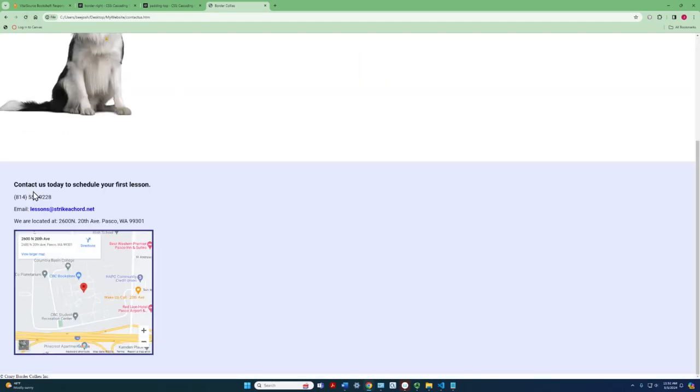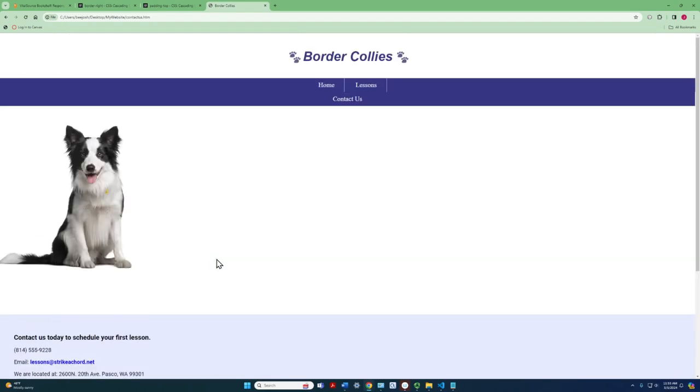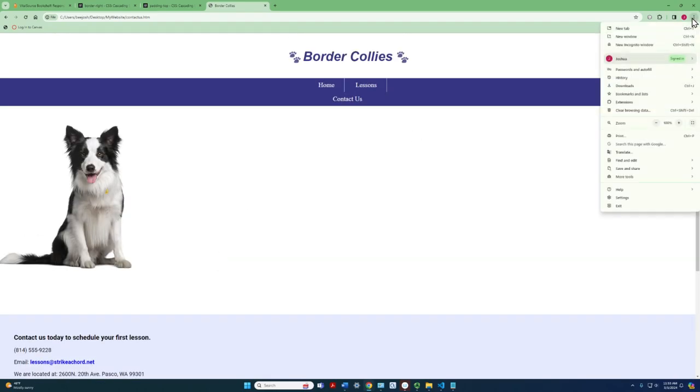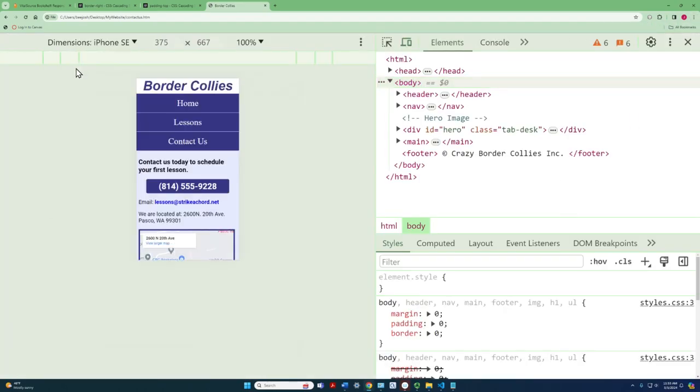Okay, so it looks like they want it to look like that on the desktop, but they want it to be the other way when we go to the mobile. So let's go back to the mobile. Up here, let's choose the iPhone. And okay, see the phone number comes up different. All right, guys. It looks like we've got it all switching back and forth appropriately, and we're good to go and move on to our next